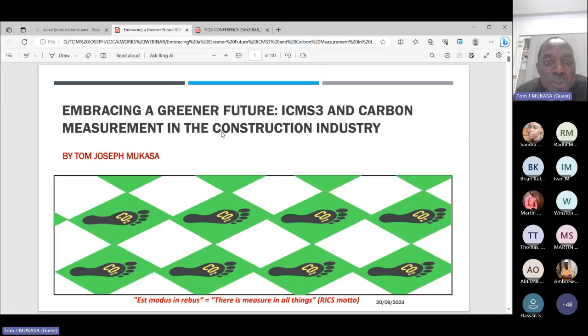My motivation is to encourage most of us in Uganda to take an interest in measuring carbon, because there's a lot of external pressure coming from investors and other stakeholders. And therefore, we need to prove that we are doing our things sustainably. Of course, there are the scientific aspects, which we don't want to face.